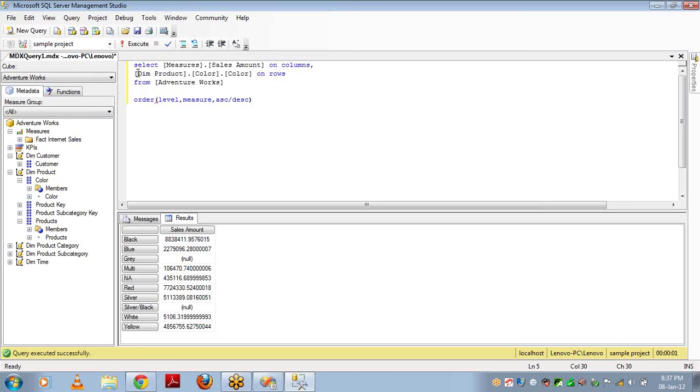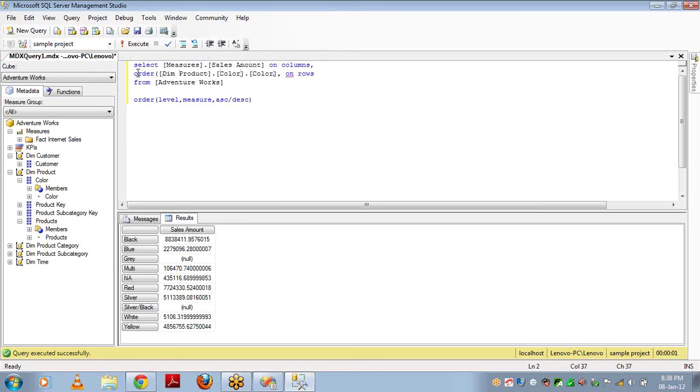Okay, I'm using the same query. Order, and this is the level I've given: order the colors based on a measure. In my case, it is sales amount. I want to order the data based on sales amount.